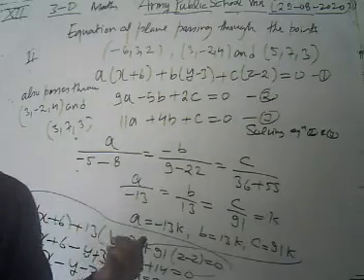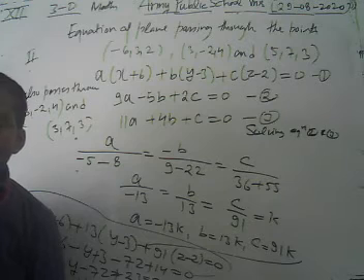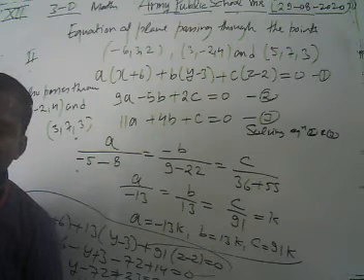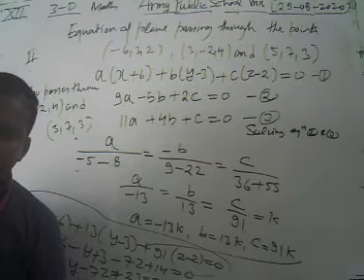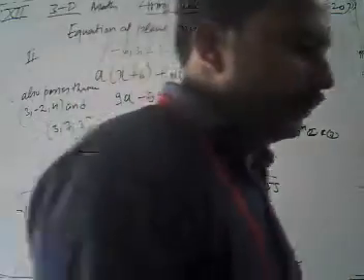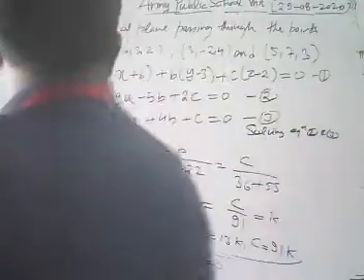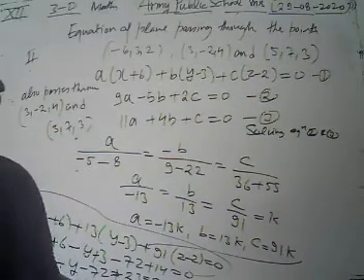This is the same equation we would get by directly putting the values into the direct equation of the plane: the determinant of x minus x1, y minus y1, z minus z1, x2 minus x1, y2 minus y1, z2 minus z1, x3 minus x1, y3 minus y1, and z3 minus z1. Then look, we have done these questions on the equation of a plane passing through three non-collinear points.